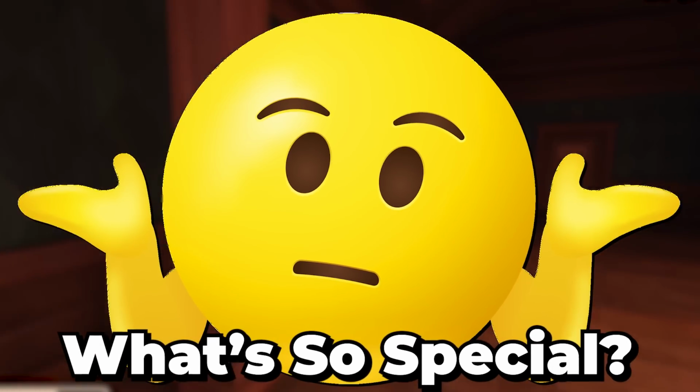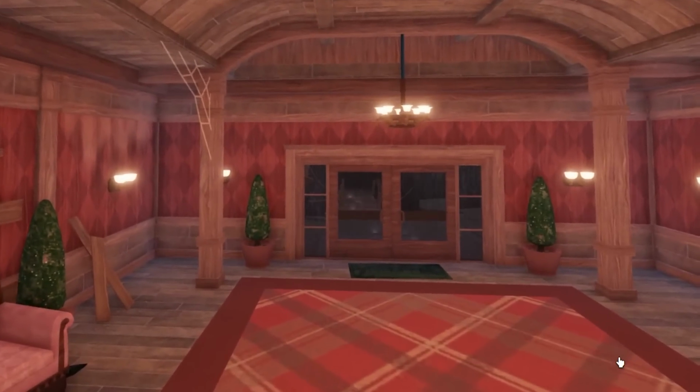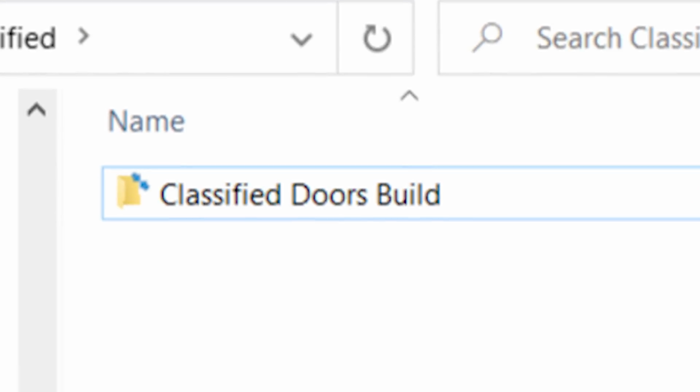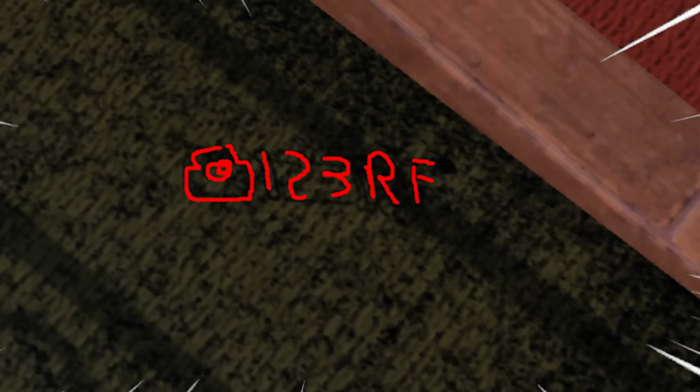So what's so special about this green mat, you may be asking? Well, it doesn't show up in game at all, but if we zoom into the object at a closer look within the Doors asset build, we can notice several sketched in designs of what appears to be camera logos, which is a bit weird. But what's even crazier is that there are hidden messages deep within the fabric of the welcome mat as well that looks like it says